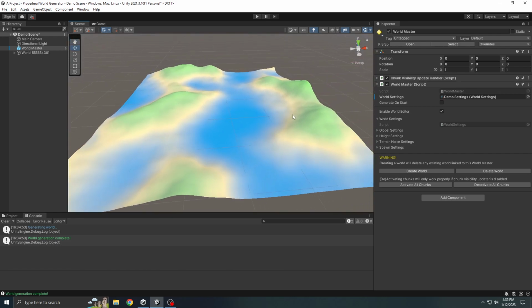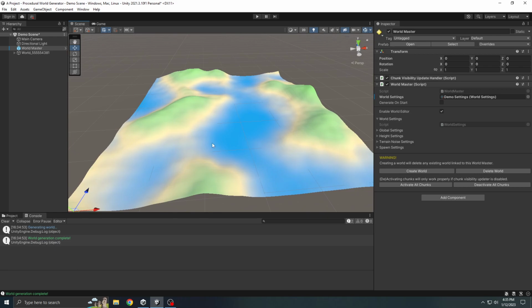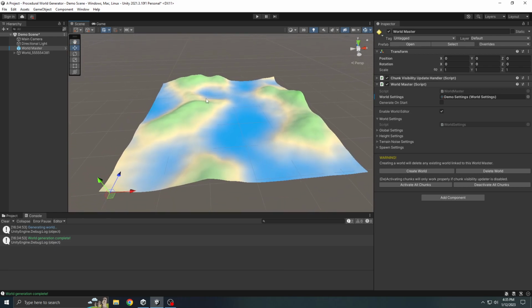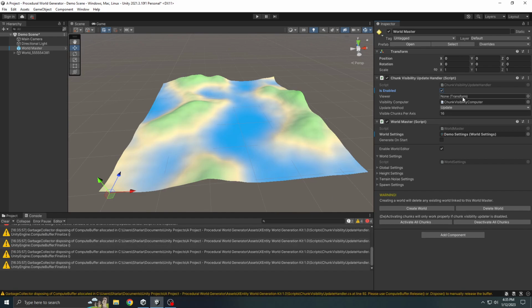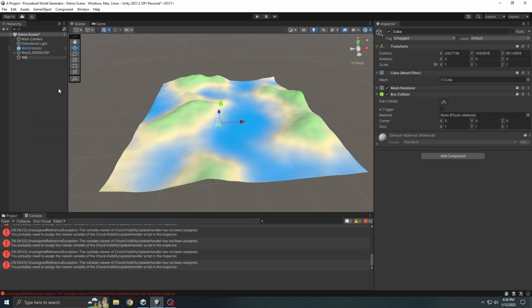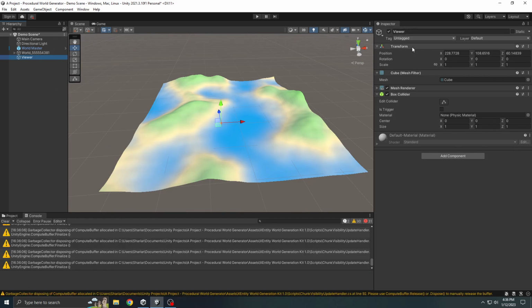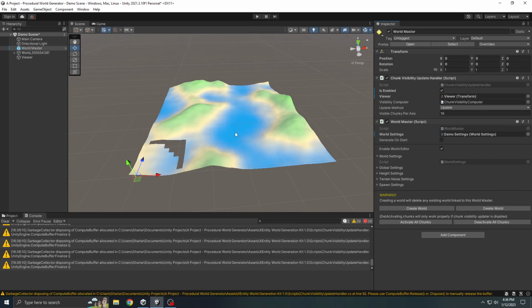And it uses the vertex gradient to add the colors, right? So essentially the whole world is visible to us now, but if you have a really big world, you want the world to be only loaded around the player. So if we go in this chunk visibility update handler and enable it, you'll see I'm getting an unassigned reference exception because there's no viewer assigned to the updater. So let's just create a cube, call it viewer. I'll just reset the position and go into world master, drag this to the viewer, and you can see it